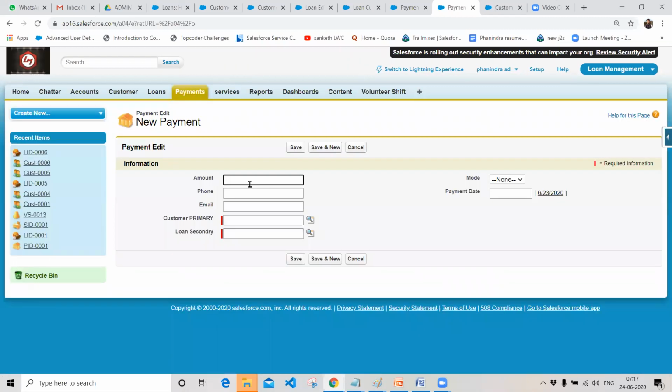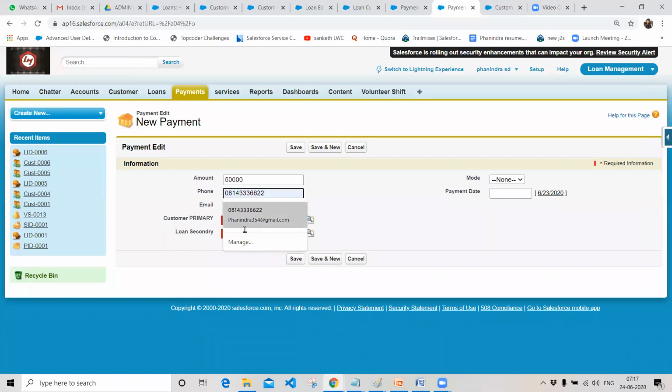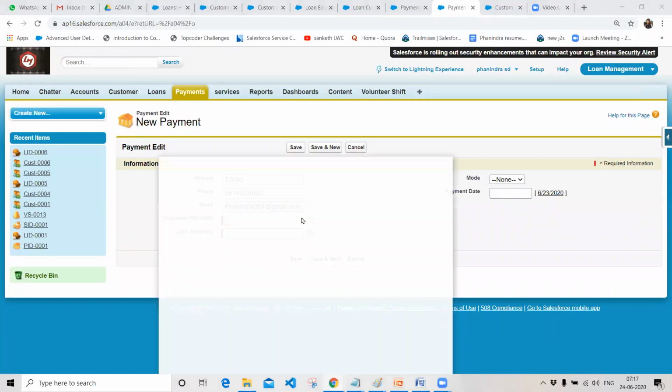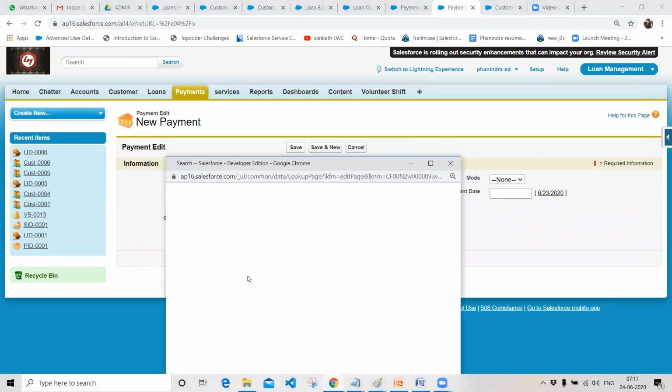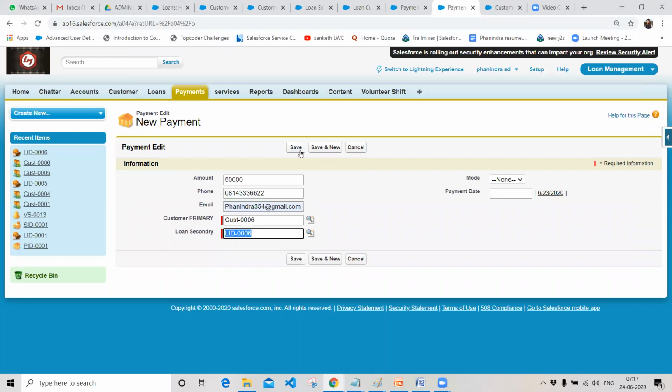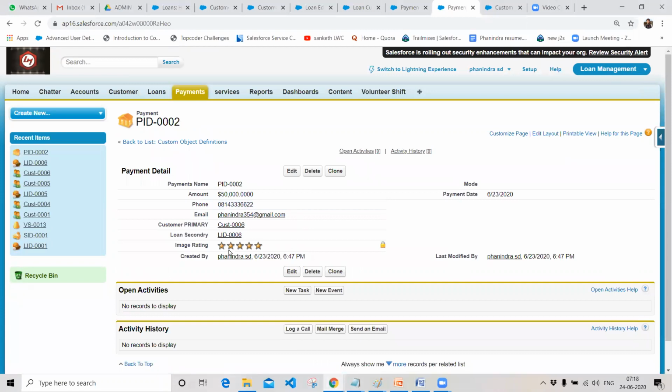I'm entering the loan amount as 50,000, giving this phone, and choosing my primary parent, because these are master-detail relationship fields. Without this, I cannot save a record. I add a payment date and click on save. It is giving me a 5-star rating.